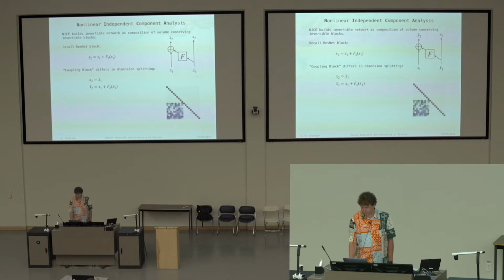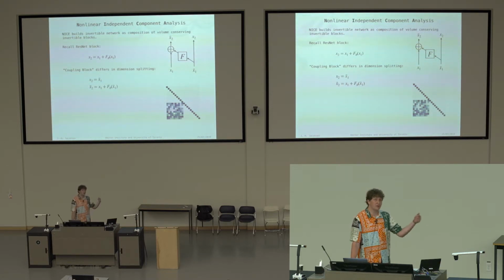I have a quick question on how do you show that there is a volume preserving invertible block? So you basically have a composition of volume preserving blocks, right? Yeah. And how do you show that each of these is volume preserving? Right. If you have a composition of volume preserving blocks, it's really just the product of the determinants of the Jacobian. So then you have a volume conserving function.